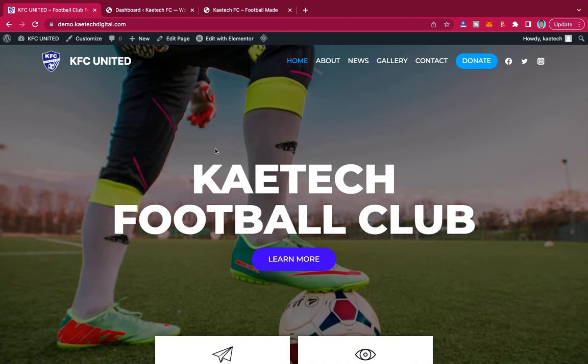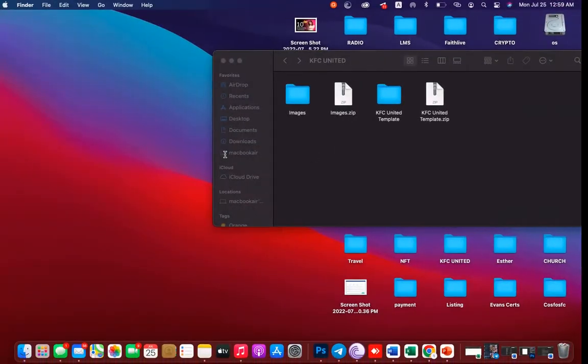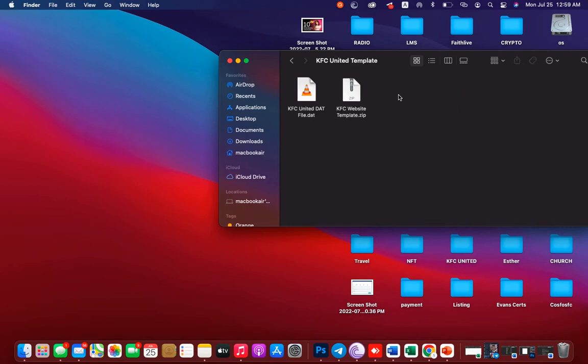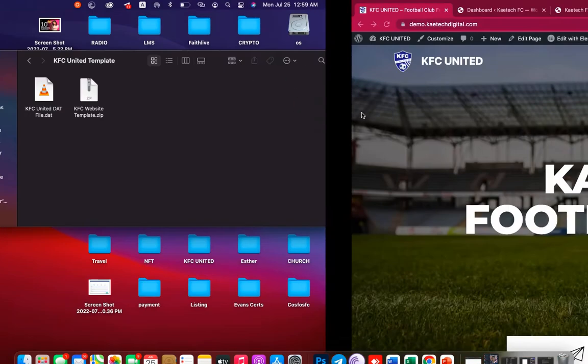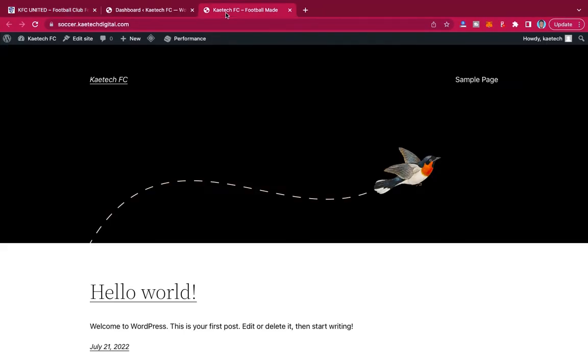Now when you download the template of the website, you're going to get something like this one over here. Okay, when you get this zip file, unzip it. When you unzip it, you're going to get these two things over here. Now these are the things that we are going to install. So now what we're going to do is go to a newly installed